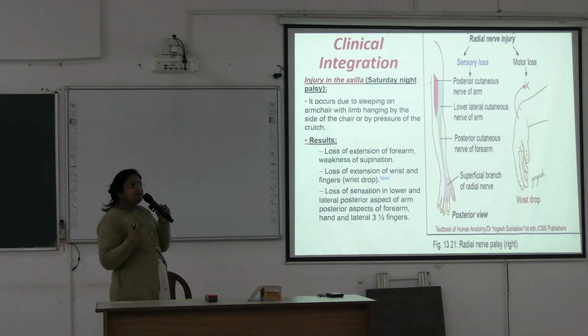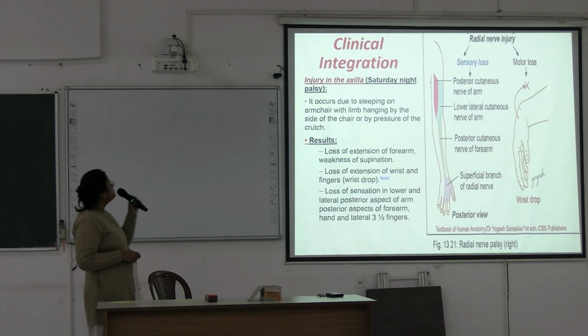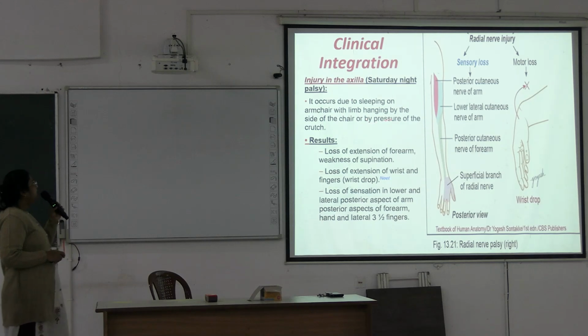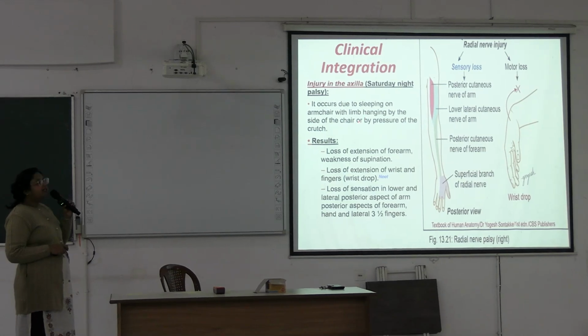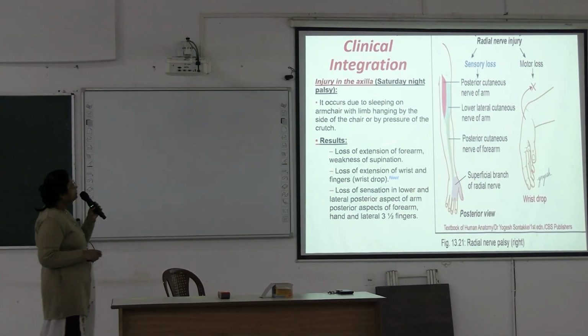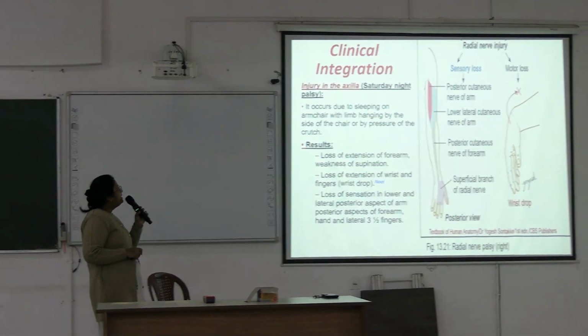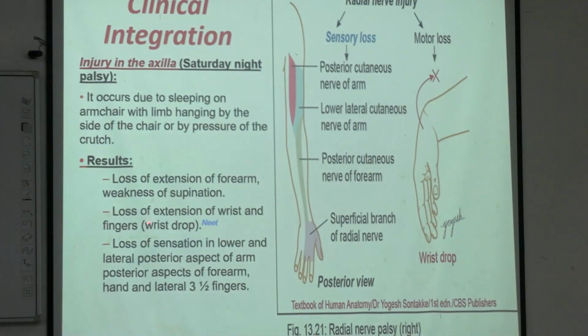So what will be the symptoms? You have to know the symptoms. It occurs due to sleeping on an armchair with the limb hanging by the side of the chair, or by pressure of the crutch. This is the main cause of Saturday night palsy and results in loss of extension